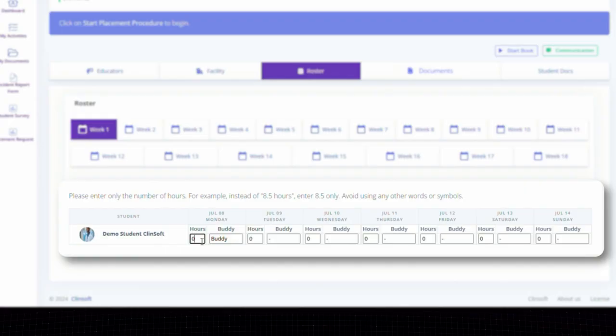For example, if you worked 7 hours on July 8th and 8 hours on July 9th, you can enter them accordingly. Just remember, you need to enter the total hours worked, and it auto-saves, so there is no need to manually save it. You also have the option to enter the name of your buddy assessor, the person supervising you